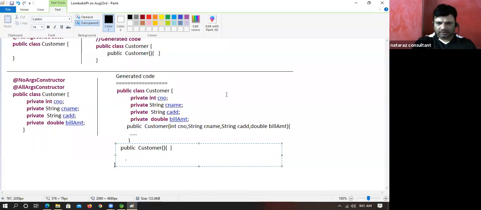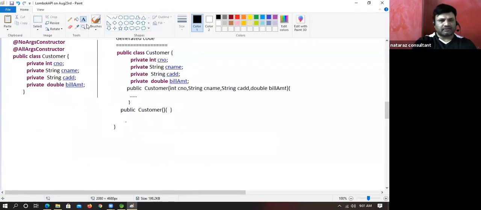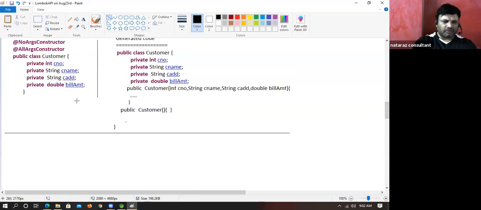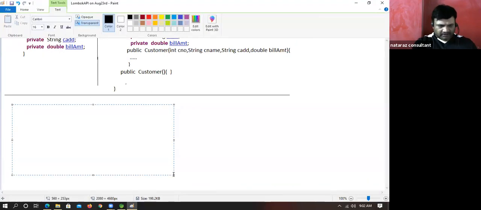Come on, guys. Are you getting my point? Yes. Now I'm just trying to give all permutation and combination, so that when you read the document without experimenting, you can see what's happening, what's not happening. Okay. Yes. Next.